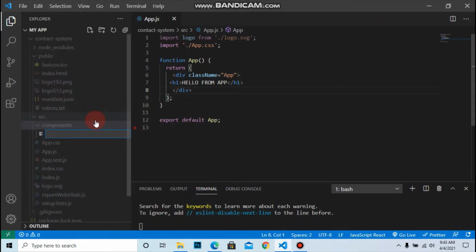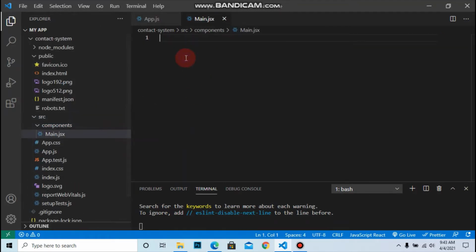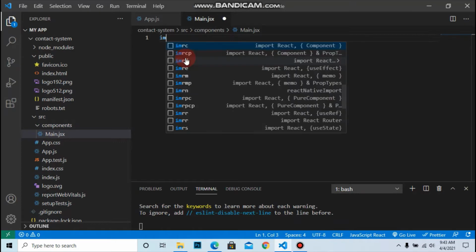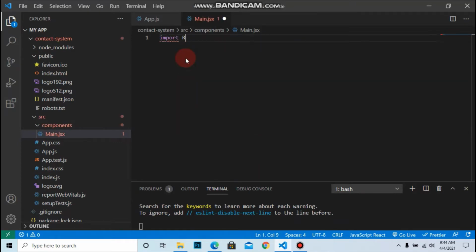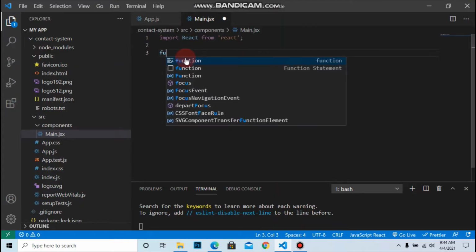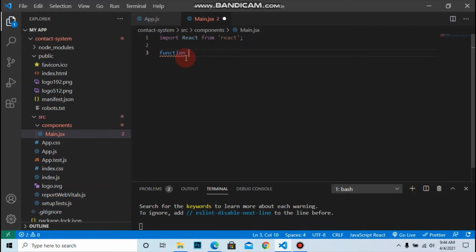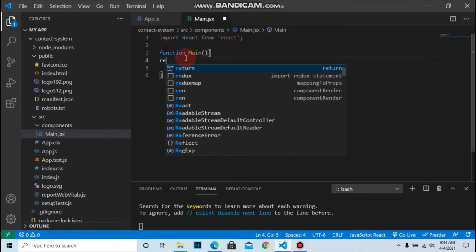let's make one new file, main.jsx. To make a functional component, we always import React in the first line. So, import React from 'react'. Then the first way of creating a function component is to write the function keyword, then the name of the function, that is main. Then we return the HTML, which describes the user interface. So return,